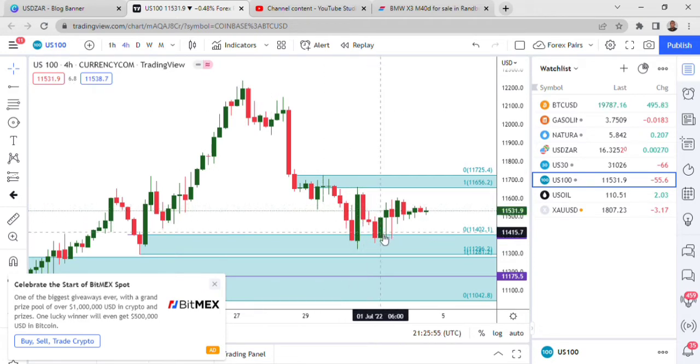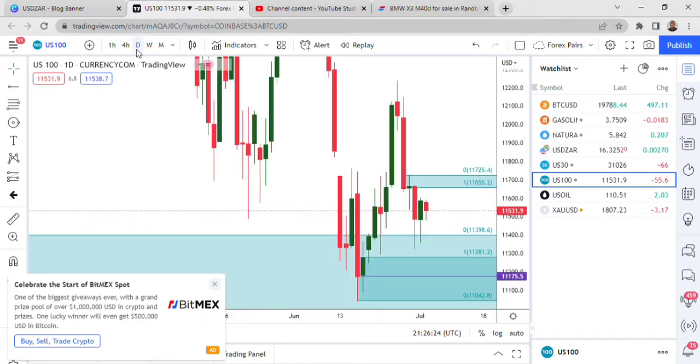If you get reasons to buy here on your highest time frame, remember, you're buying from your highest time frame on the sequence, which is your H4, and we're inside the H4 area of support. And the last time we were here, we had the engulfing. If you get reasons to buy from there, you know that you've got all the support to take that trade, which is what happened here. So let's check what is happening on